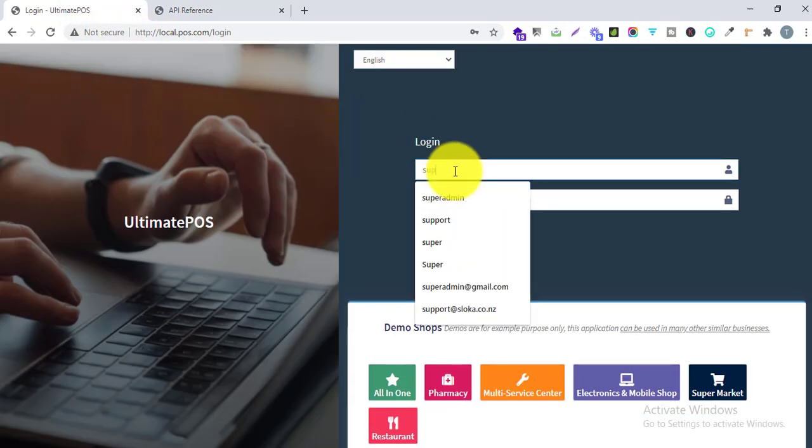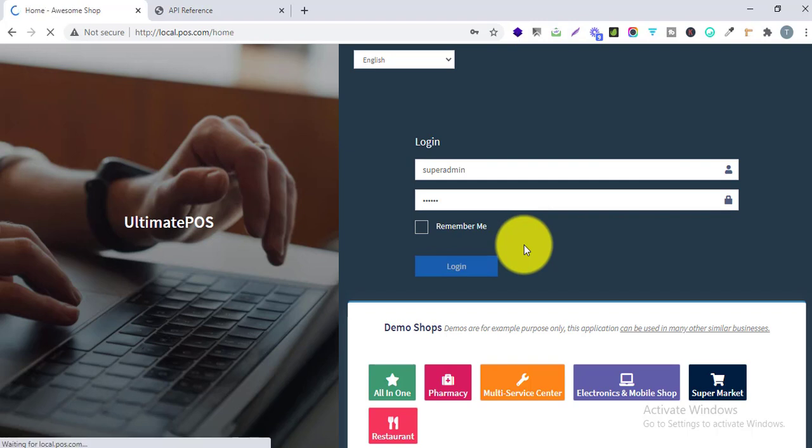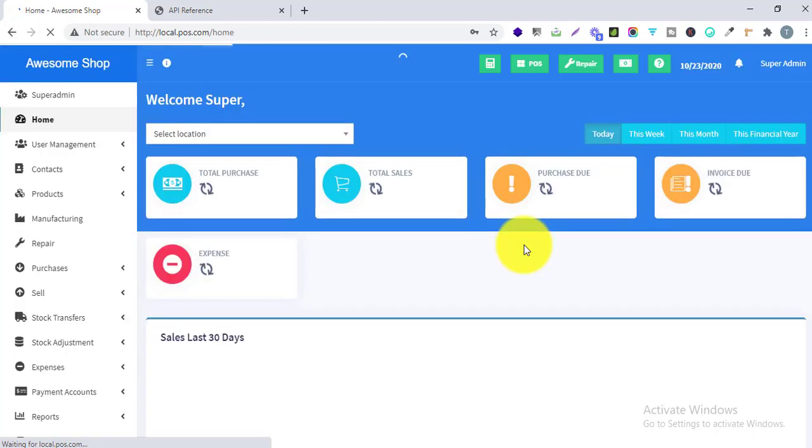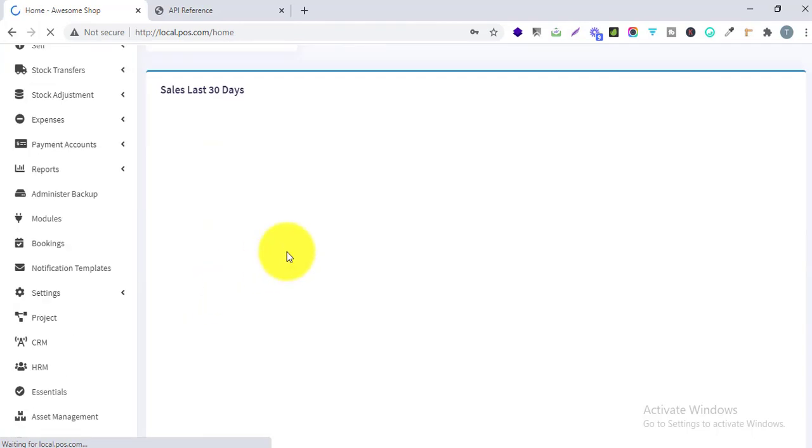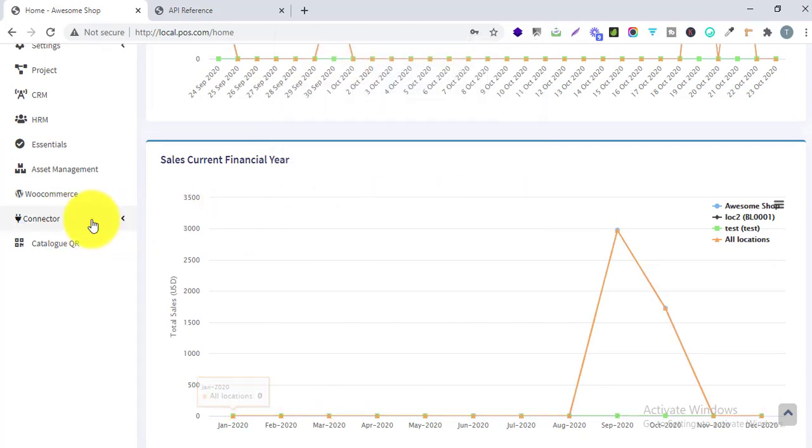If I log in with the super admin here, after I have logged in with super admin, if I go to the connector here, inside the connector we have two menus, one is client and another one is documentation.